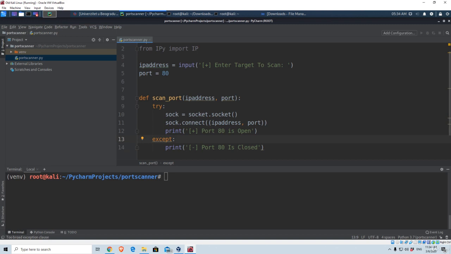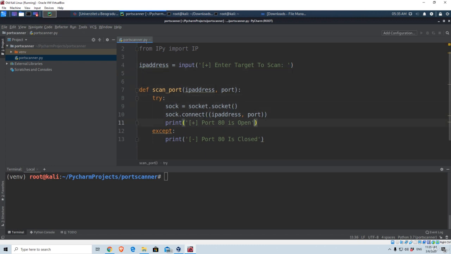What this function will do is scan the port and define whether it is open or closed. Now, another thing we want to do is we don't really want the port to be predetermined. For example, let's say that the user of this program wants to scan port 22, which is the SSH port. Well, we want to allow them to do that. So we need to remove this port equals 80. And also in these comments right here, we want to type port, and then we're going to type it like this,